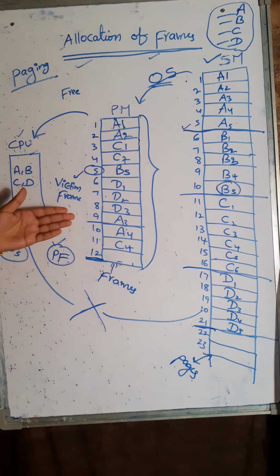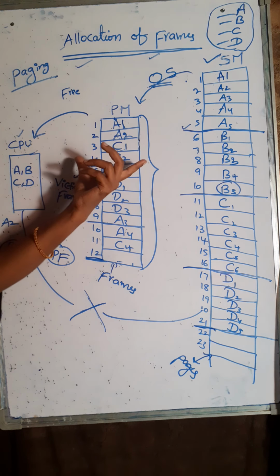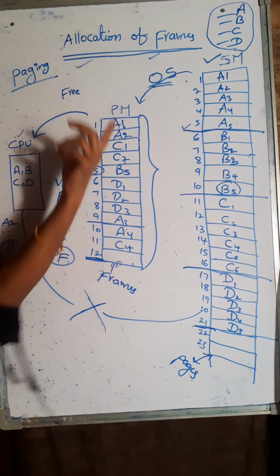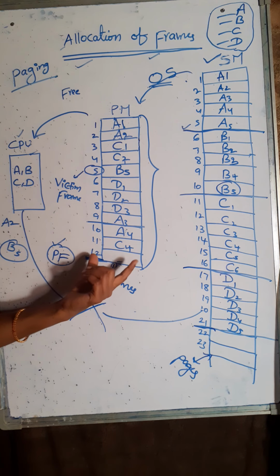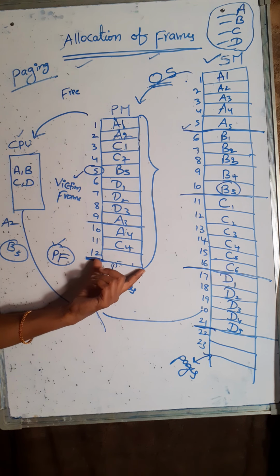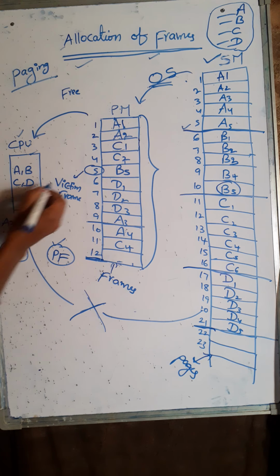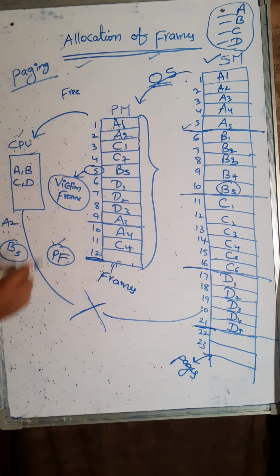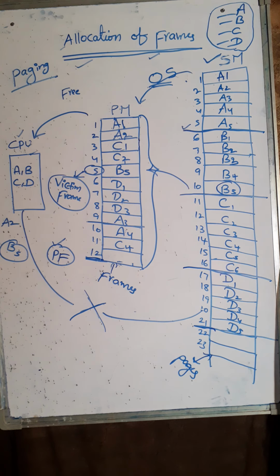So when should we allocate the memory? When CPU requested for a page, and if that page is not available in the primary memory, then we should load that page from secondary memory to the primary memory. If there is a free space, then we can include the page here. If there is no free space, then by using the page replacement algorithm, we have to choose one victim frame, and we need to deallocate memory space of that frame, and we should allocate memory space for the newly requested frame.